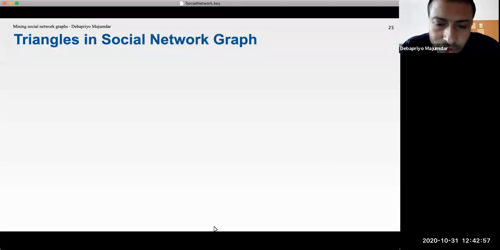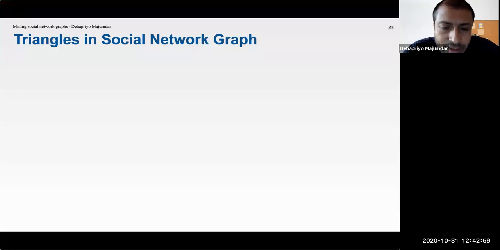Okay, so last class we understood social networks, and we saw a different technique, a measure called betweenness, which would help us in hierarchical clustering on social network graphs. Now, in this class, we'll learn a few more things. The first one is